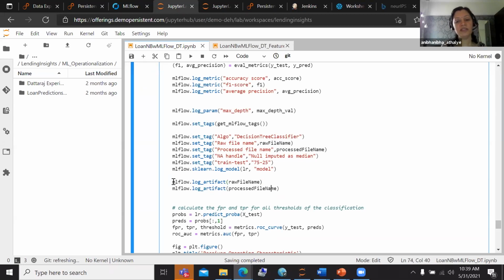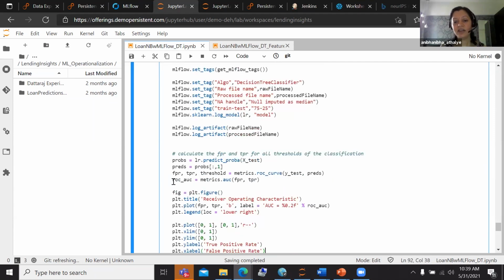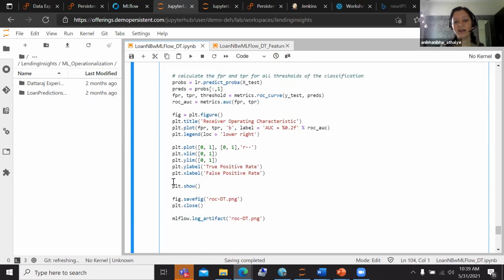Similarly, once I have run all my pre-processing methods and derived my features, I'm storing that data as a process file data, should somebody want to take a look at the actual data or the training data set that went to the model. So every time you run this experiment, all these parameters are getting calculated. And finally, I am also logging the area under curve as an artifact. This is actually a figure or a graph that can be stored as part of the overall artifacts.